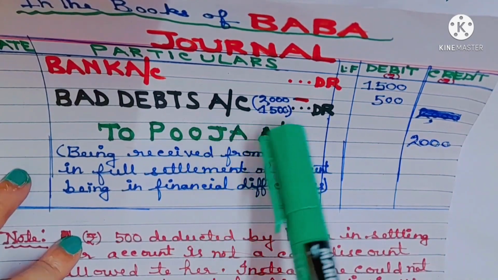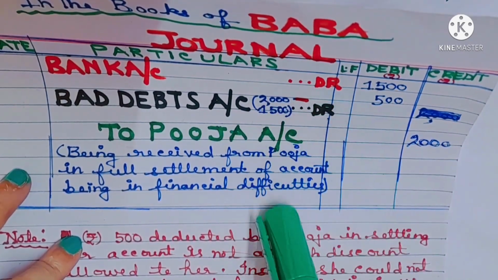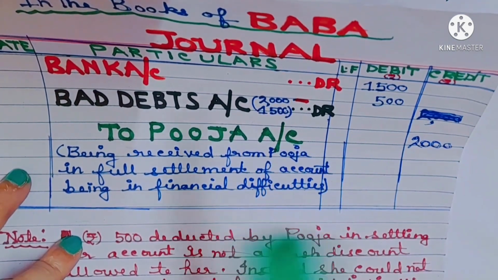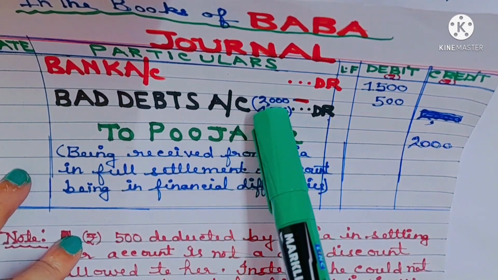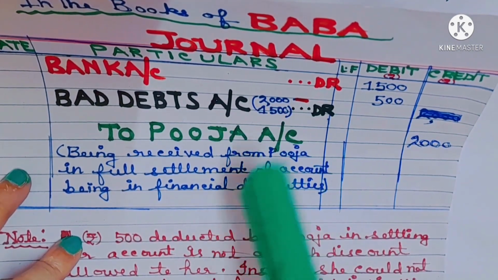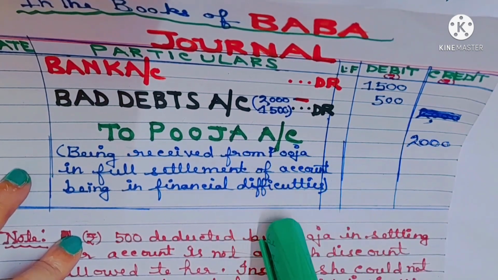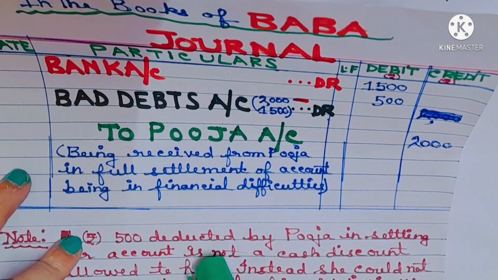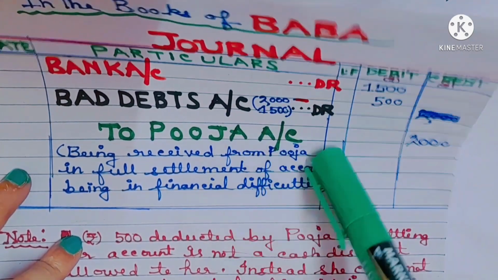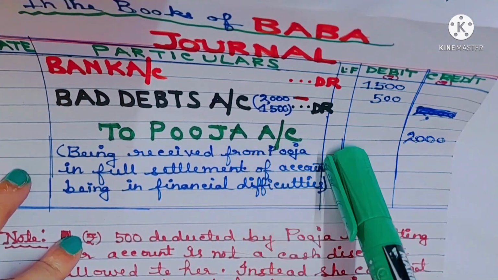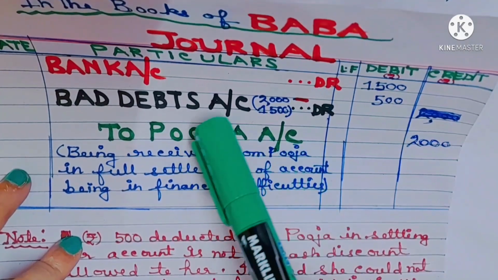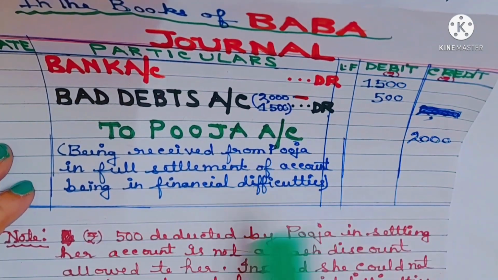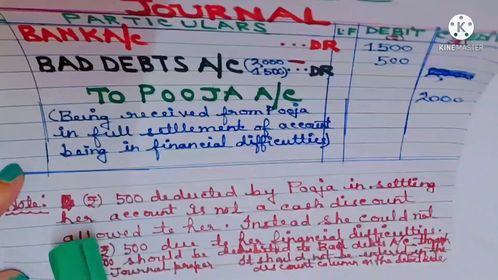To record a journal entry in the cash book, either the debit side must be bank account and the credit side cash account, one of them must be there, or the debit side must be cash account and the credit side bank account. If it were bad debts account debit to cash account, I could record it, or bad debts account debit to bank account, I could record it, because cash or bank is on the credit side. But here, bad debts account is on the debit side and Pooja account on the credit side, so we cannot record this journal entry, and we have to write a short note instead below the cash book. Note: